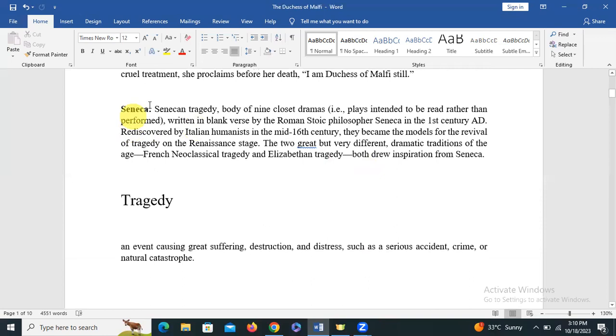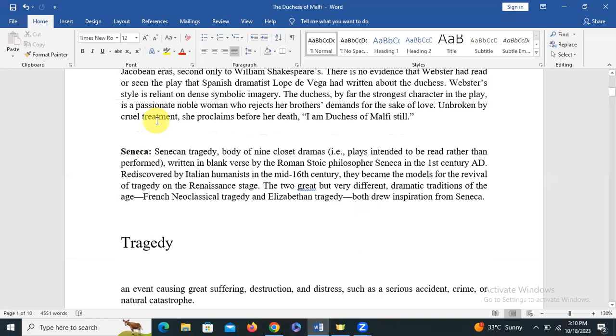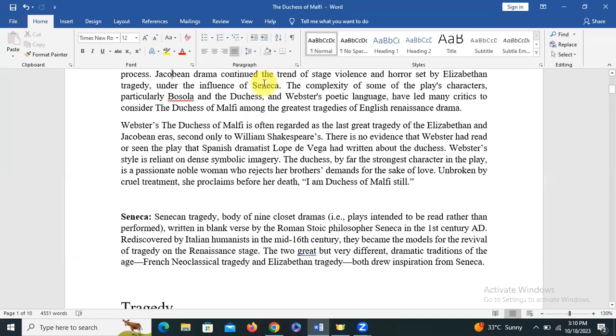Okay. Now there was a word Seneca, which I told you, which we used here. So what is Seneca? Senecan tragedy. It is a body of nine closet dramas, a group of nine dramas, plays intended to be read rather than performed,